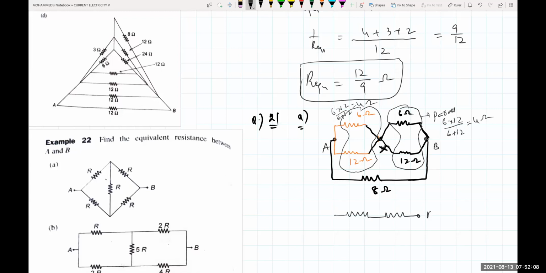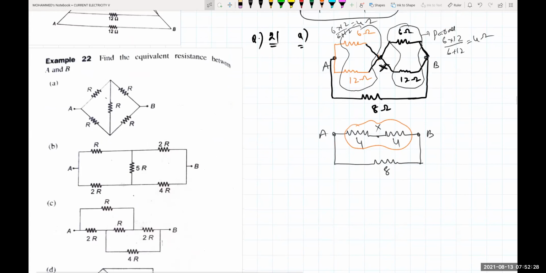This is one resistance here, and this is one resistance. This is your B, this is your X, this is your A. And down between A and B, there is one resistance like this. How much is this? 8 ohms. This one is 4 and this one is 4. Now tell me, these two are in which combination? Series. So 4 plus 4 is how much? 8. Down is also your 8. This is your terminal B and this is your terminal A.